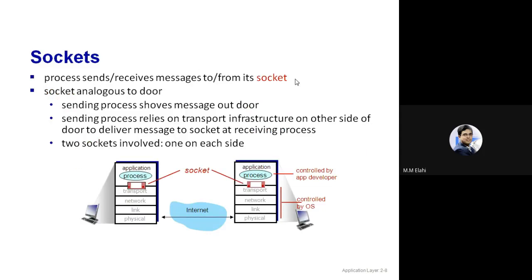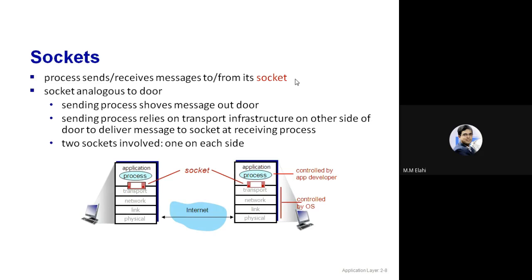Then another concept, which you covered in the last class, the basic concepts. We will not cover it at the programming level; that will be covered in the computer network lab. In the theory, I am just giving you the concept of a socket. The socket idea is analogous to a door. Whenever we want to go from room number 1 in a building to room number 4, we must use a door, right? So room 1 and room 4 are connected through different doors.